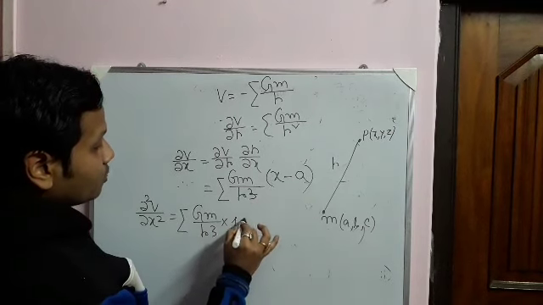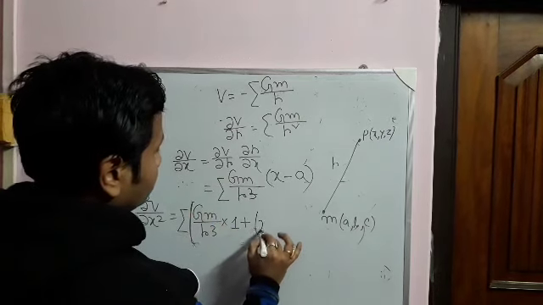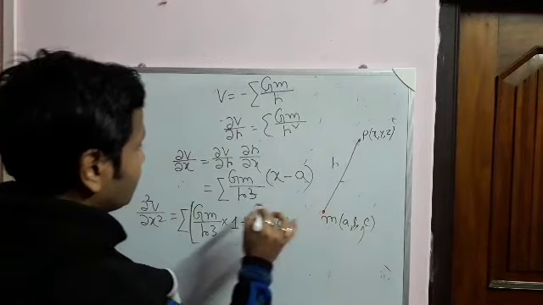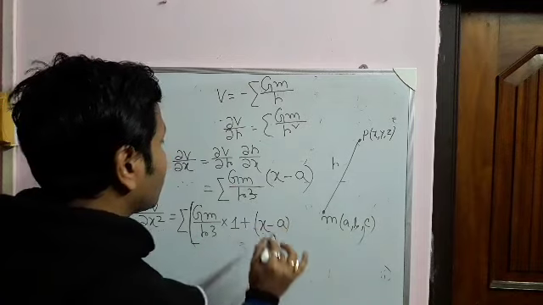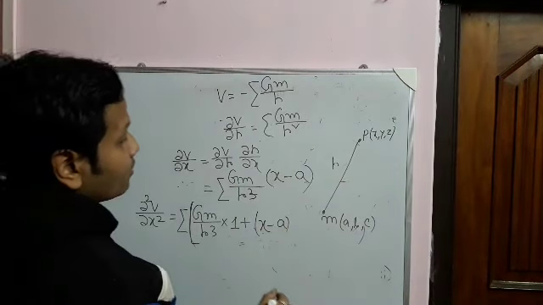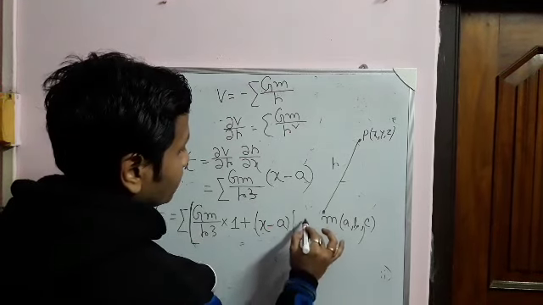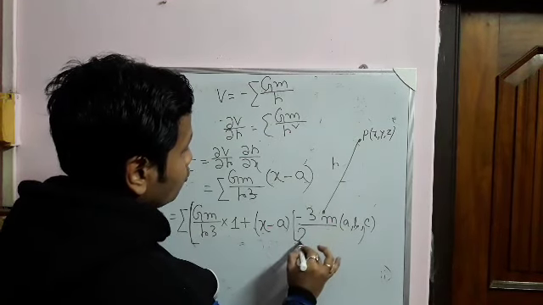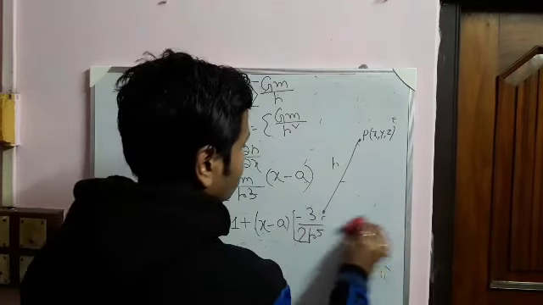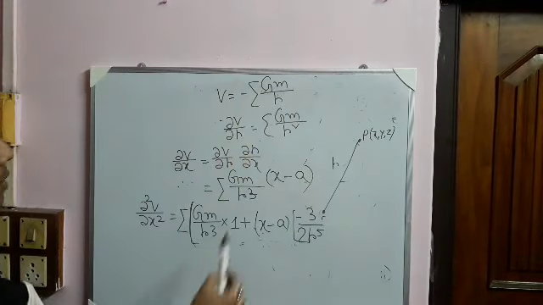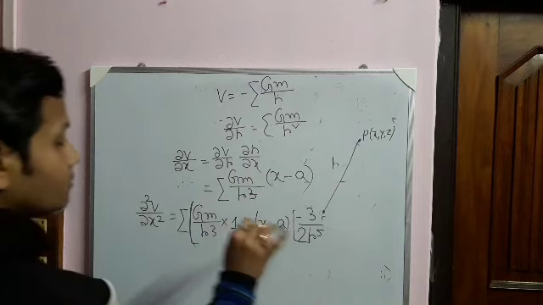1. Okay, and if you fix this and you have to do this, so del x of summation of Gm by R cube. Okay, so 1 by R cube, that means R square. If you do it, then the result will be minus 3 by 2 R to the power 5, because you have to put R equals to root over x minus a whole square plus y minus b whole square plus z minus c whole